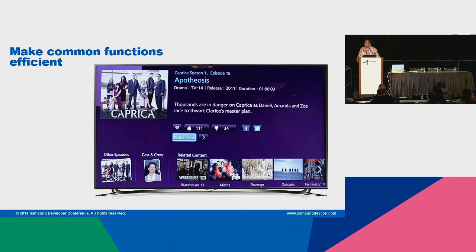For example, on this screen, the most important thing to do, and why users would go here, is to watch the video. The other functions are nice, but they're not as important. So the Watch Now button has focus, it's highlighted. All the viewer has to do when they come to this screen is press OK or select, and then they're doing the action they most likely want to do when they come here.